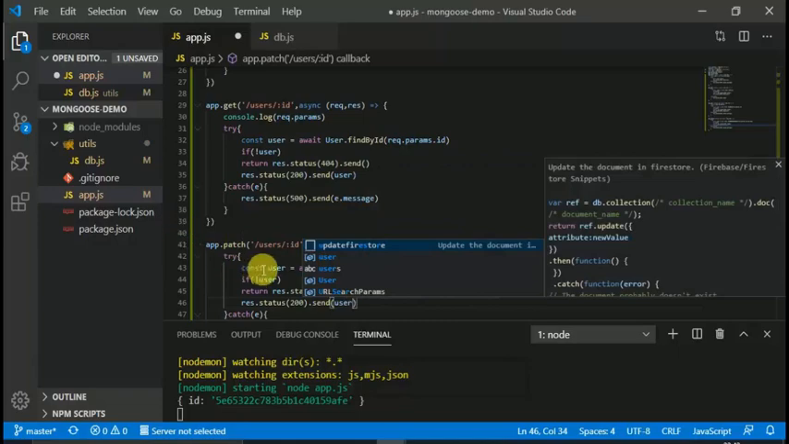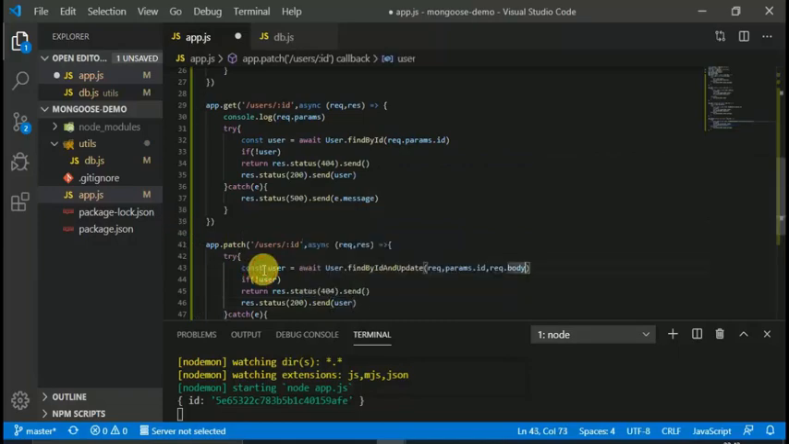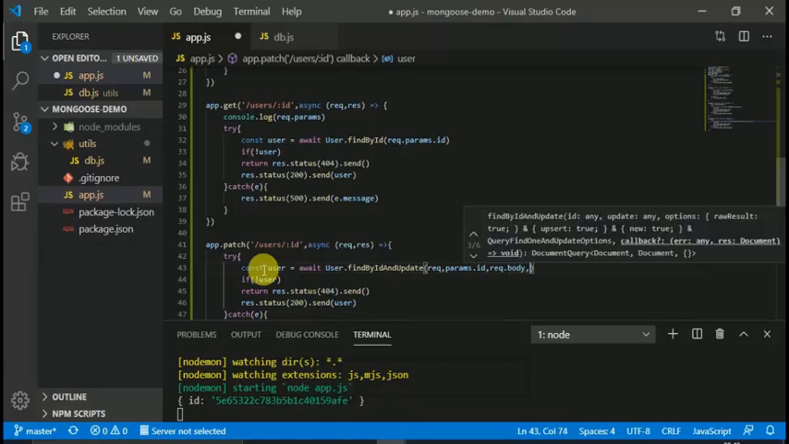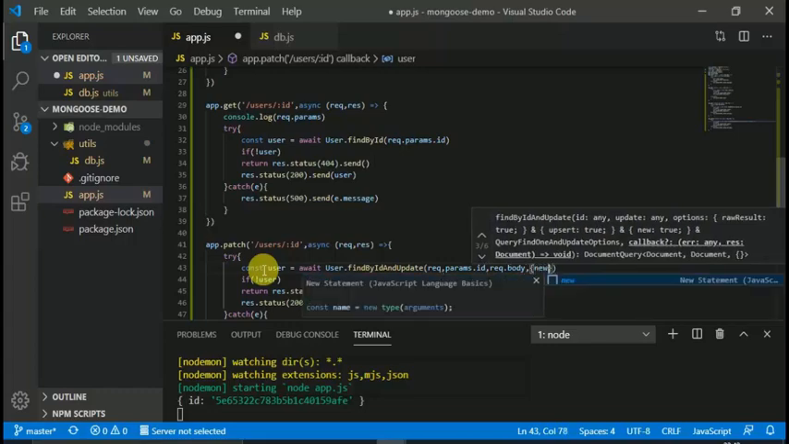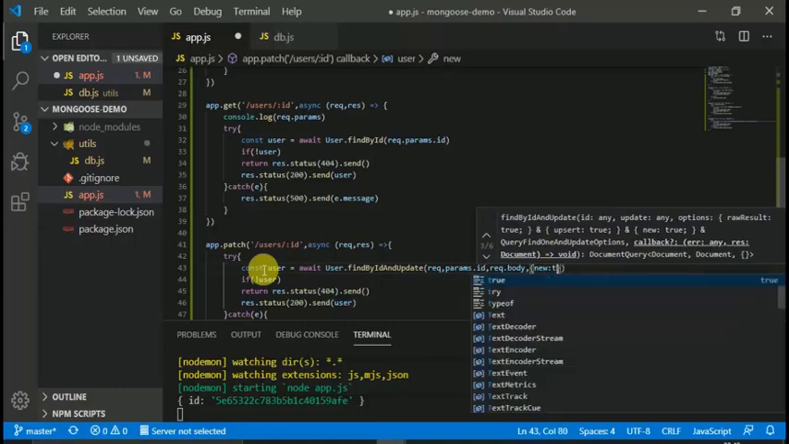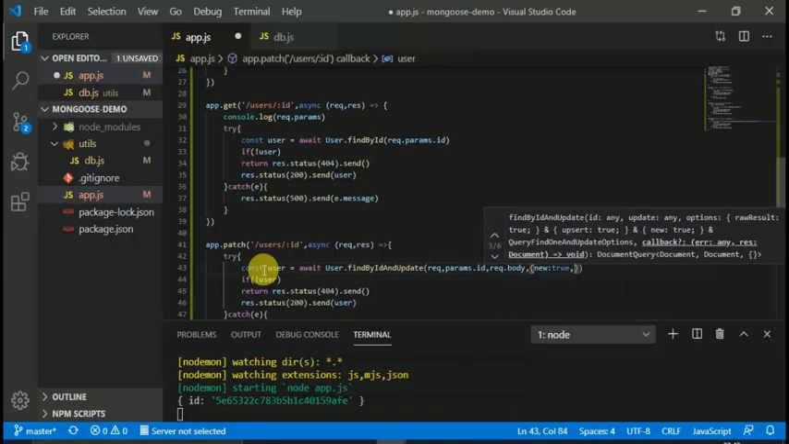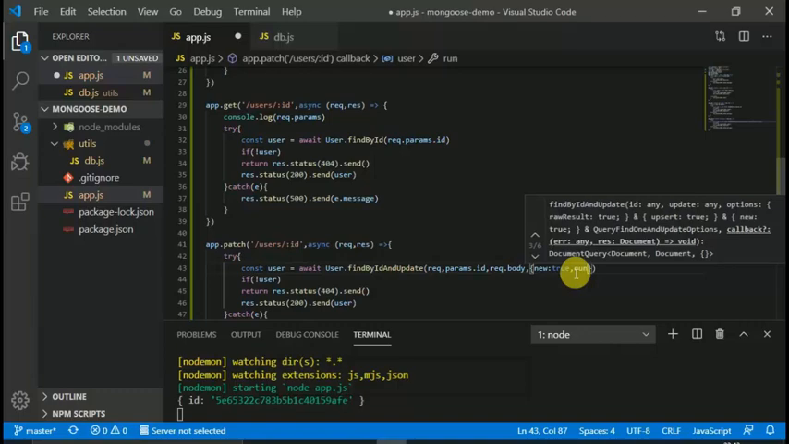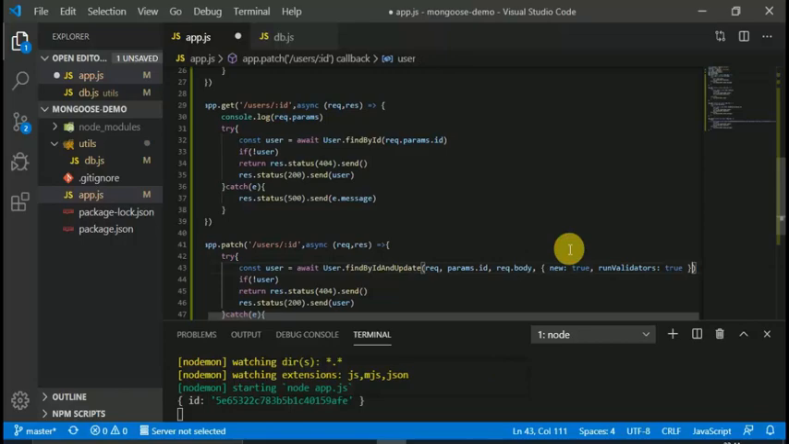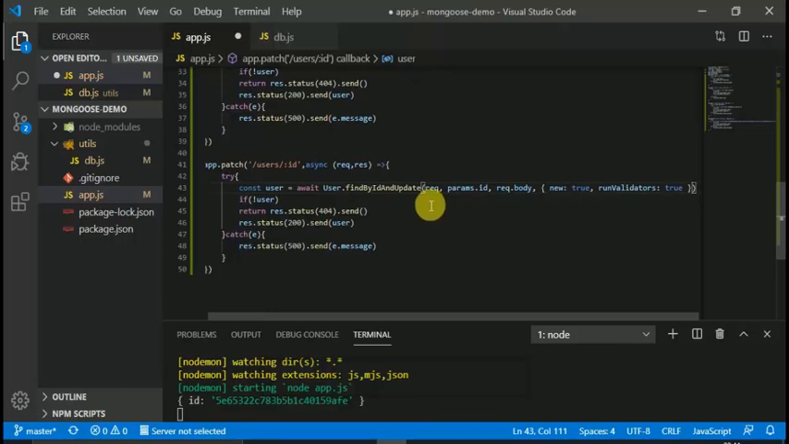But it will not work properly, because it will not check for any validation. So there are optional properties: new, which will give the new user and we set to true, and runValidators, which will check for validation. For running the validator, we are going to use runValidators in here, which looks like this. This will run the new and runValidators. And now if we save it,